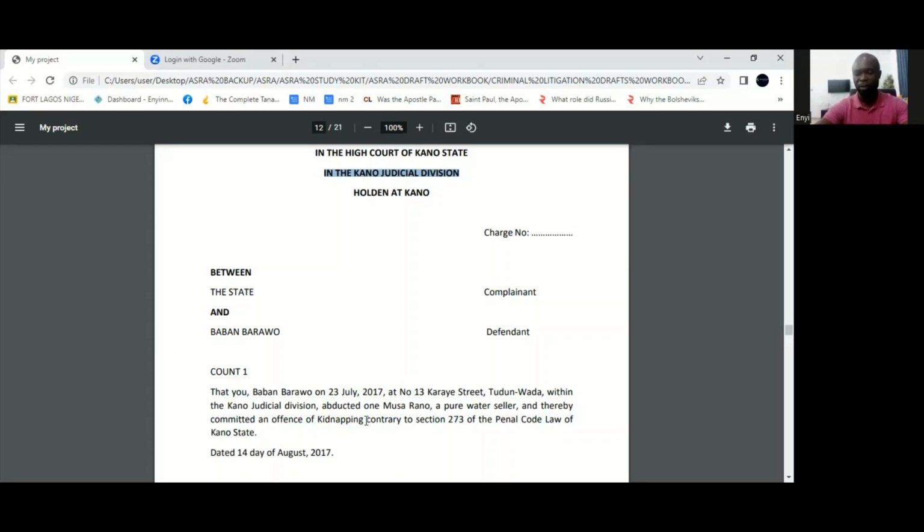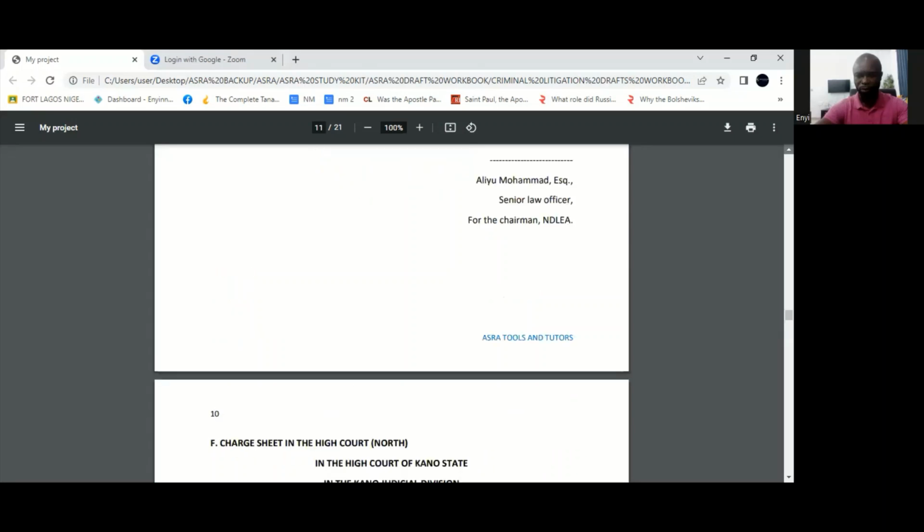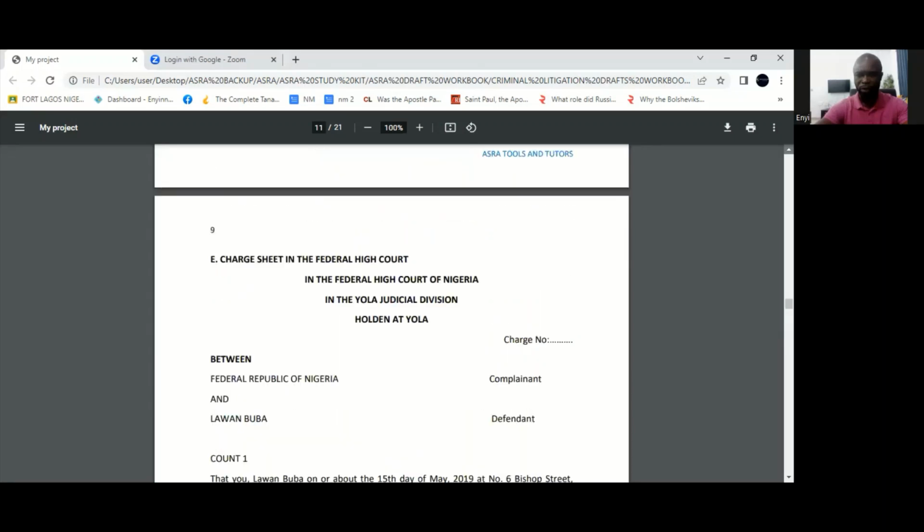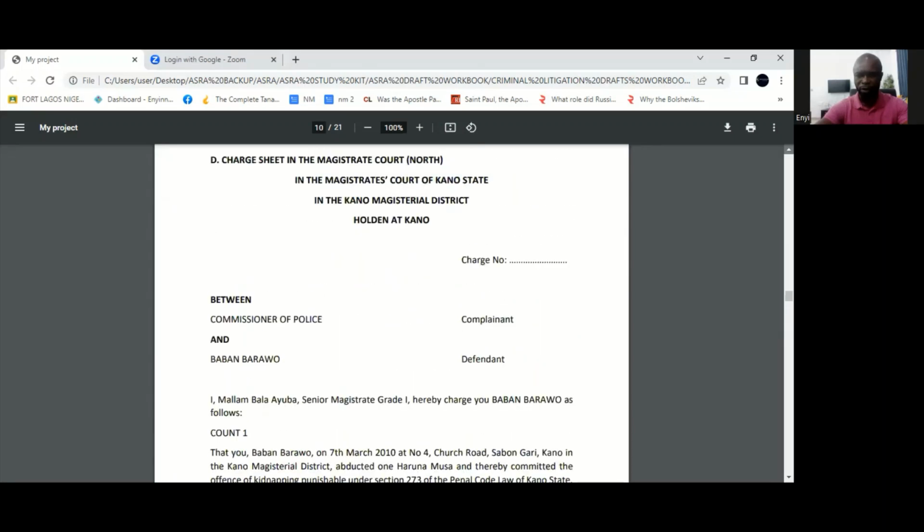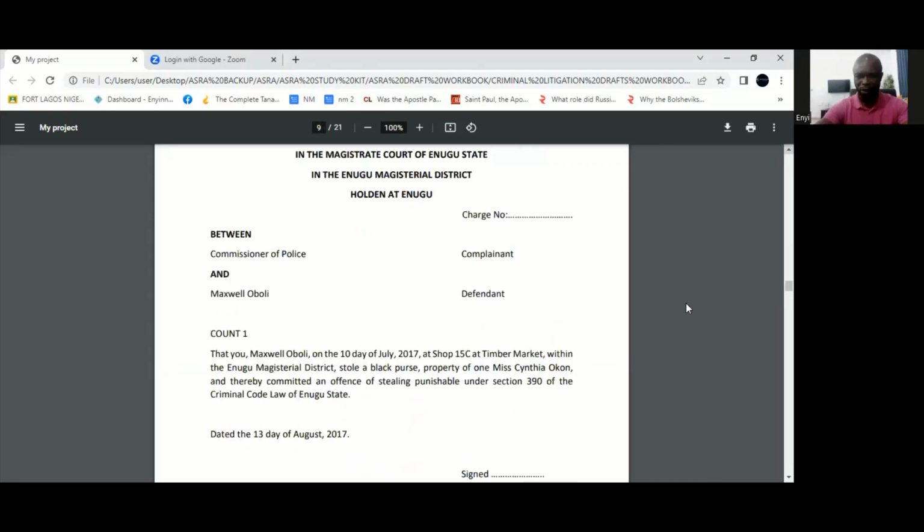We say punishable under. But you see in the draft in the High Court, when referring to the section of the law, we say contrary to. So here it says kidnapping contrary to section 273 of the Penal Code Law. But if you go look at the draft in the Magistrate Court in the South, you can see that it says stealing punishable under. All right, so there are those nuances,